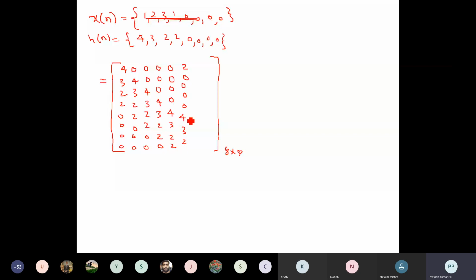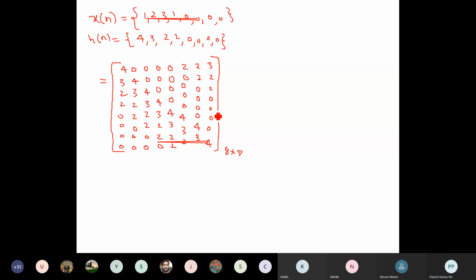Okay, 4, 8. So this 4, 5, 6, 2 more steps are there. So this 2 will come at the top, then again this 2, 0, 0, 0, 0 4 times, then 4 and 3. So 4, 4, 8. Again this 3 will come at the top, okay, and this 2, 2, 0, 0, 0, 0 and 4.